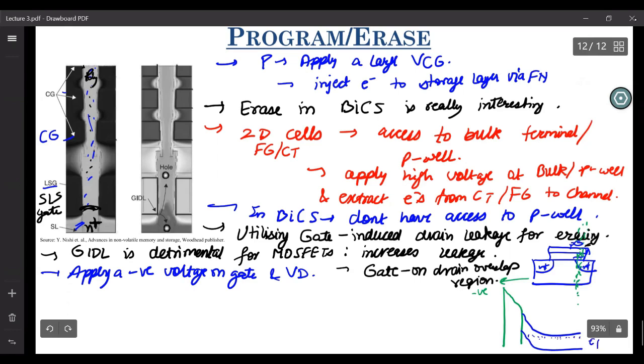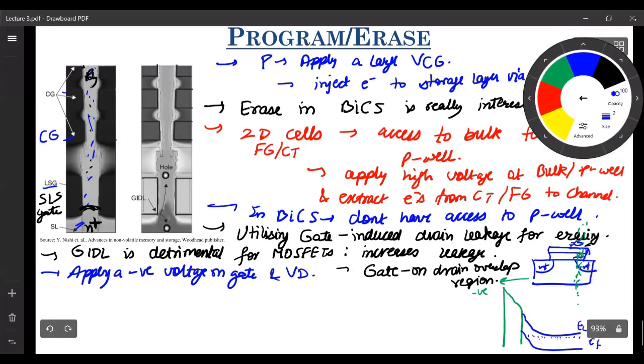You have your EF like this, you have your EC like this. In the bulk, your EC is very close to EF since it's an N+ drain. But close to the surface, your EC goes way above your EF just because it is depleted. In some cases, if your applied gate voltage is very negative, then you may even invert the surface of the drain and you may even inject a positive sheet charge. So that is also possible.